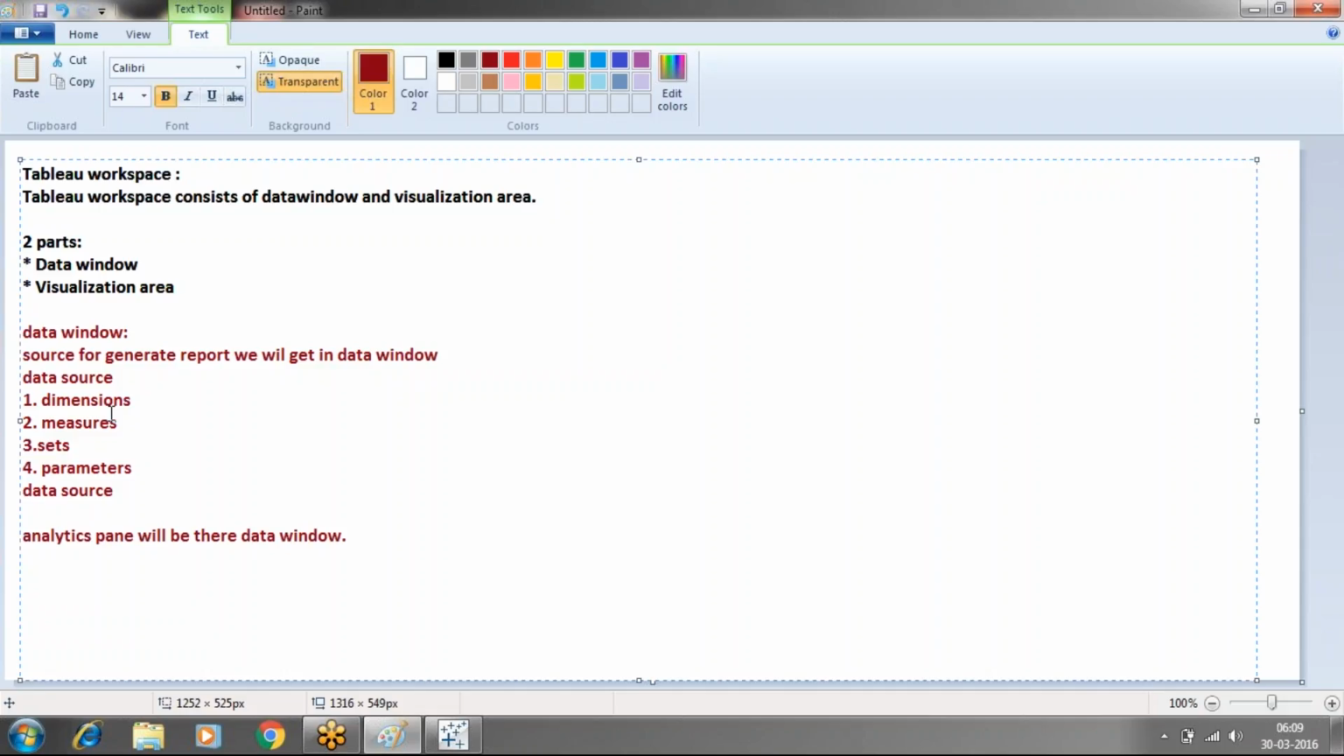I feel we know what exactly dimensions and measures are. We don't know about sets and parameters. We have a concept of sets and parameters. There we are going to discuss what exactly a set is, what exactly a parameter is, how we are going to make use of them, and what the use of sets in Tableau is. All these things we will get to know. As well as we have one more thing